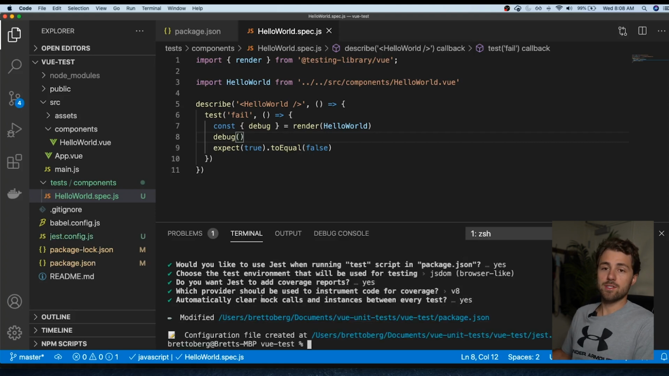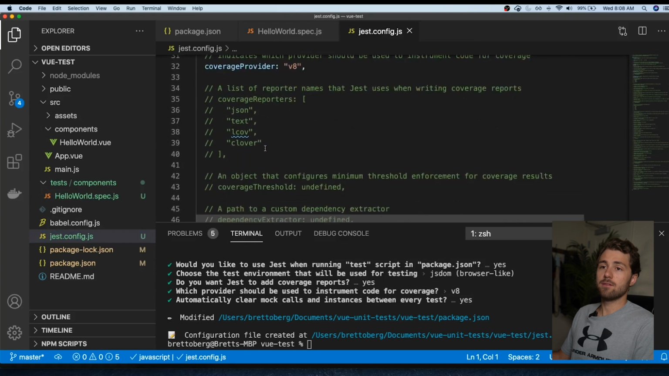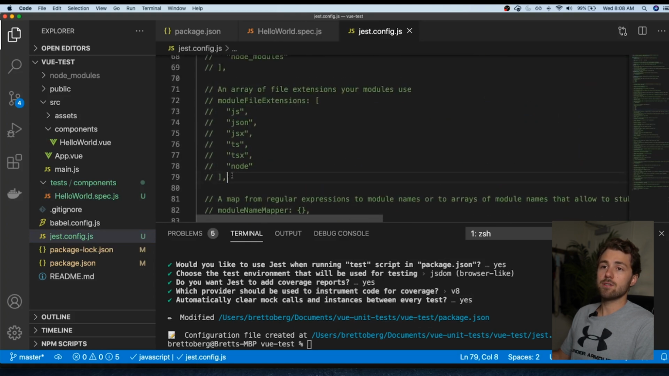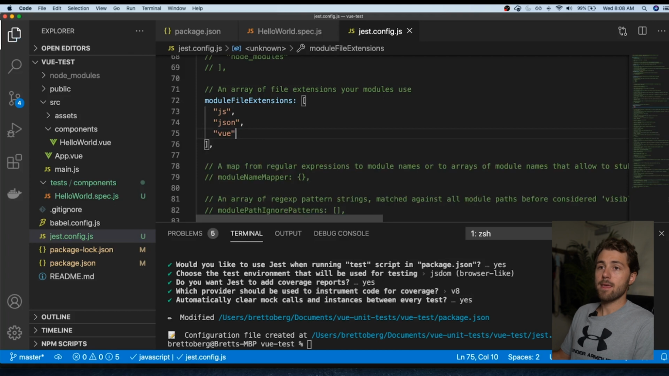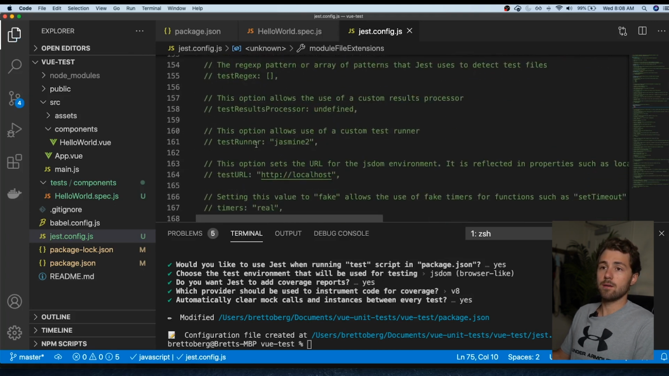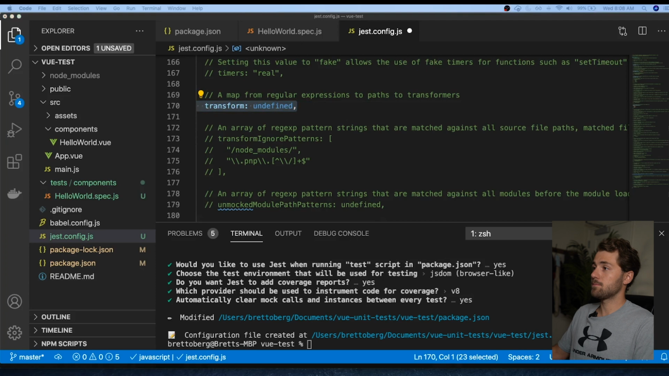Once you finish those questions, a new file called jest.config will be created. And in this config, we're looking for two things. The first is the moduleFileExtensions. We're going to uncomment this, and we're going to add vue to this. And then next we're looking for the transform key. And in here, what we're going to do is we're going to paste